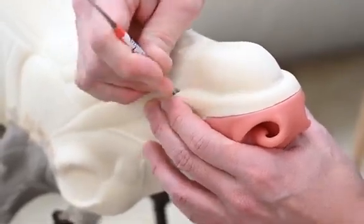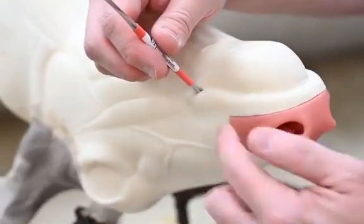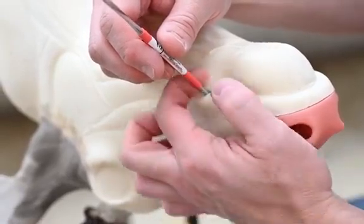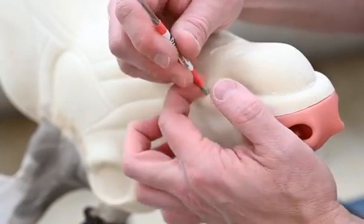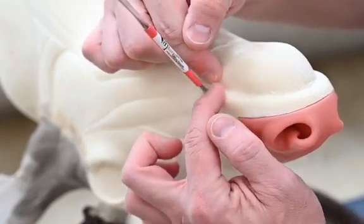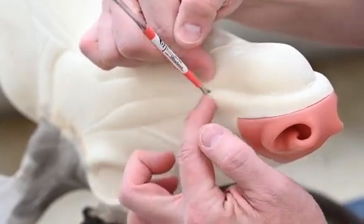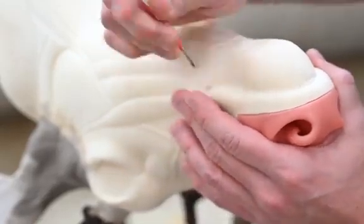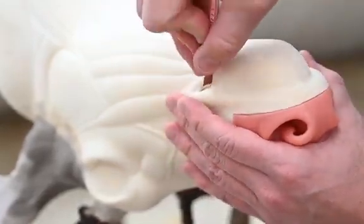Right here, open that up to accommodate, because we have a tremendous amount of skin along this, would you call it a sphincter muscle? Probably. Around that corner. And so there is a lot of skin that has to tuck into that area. So we're going to open that up slightly, and then I'm going to come back with